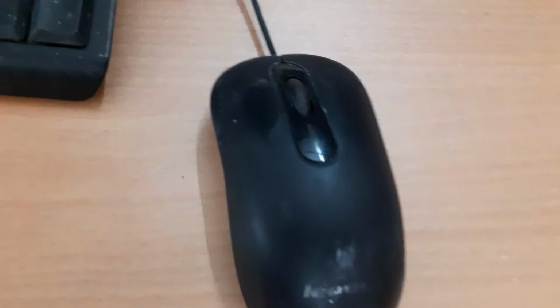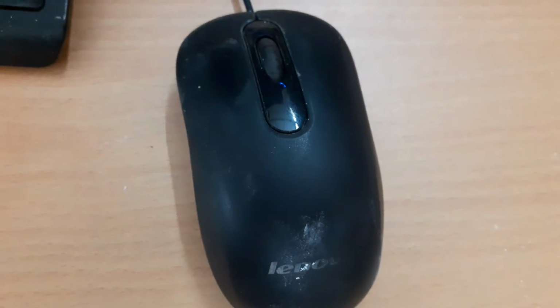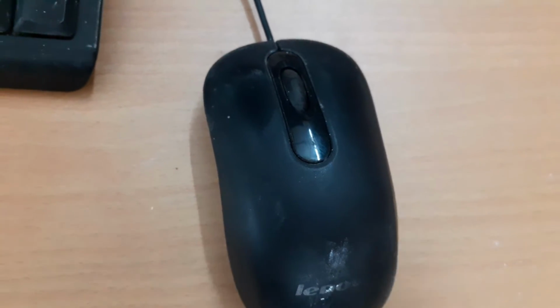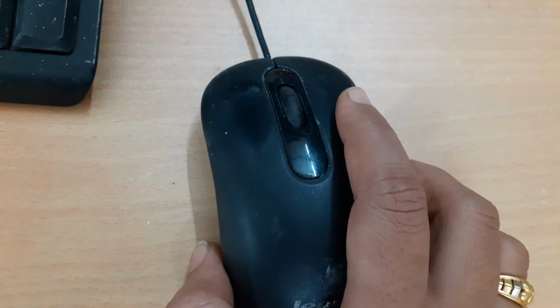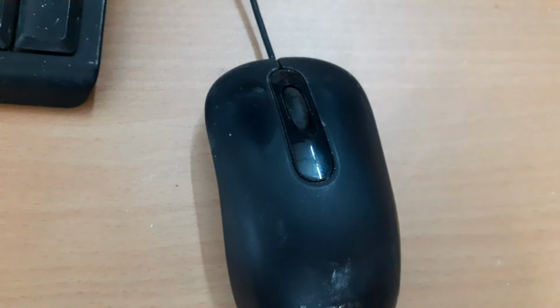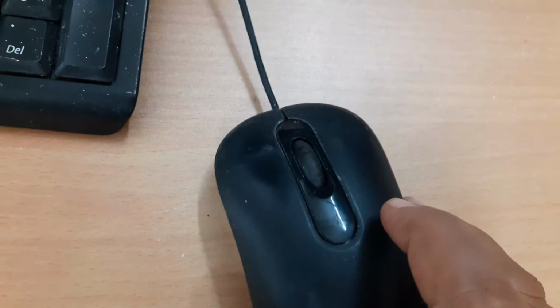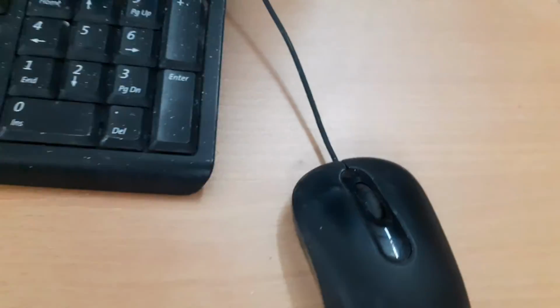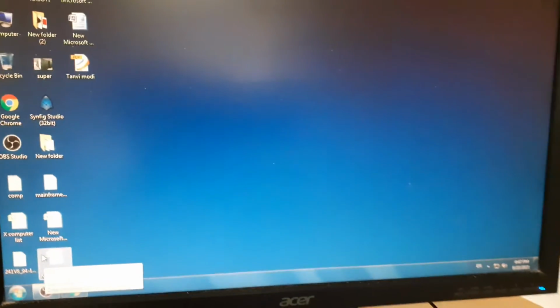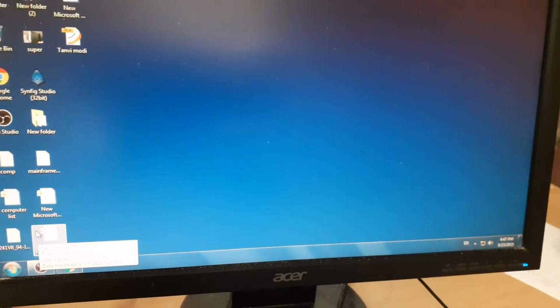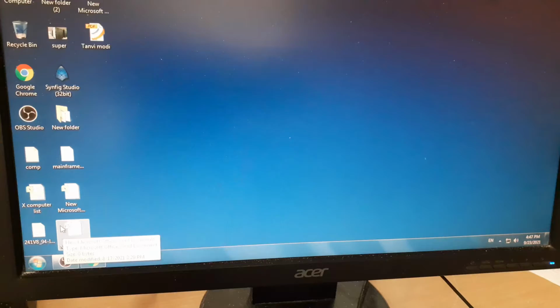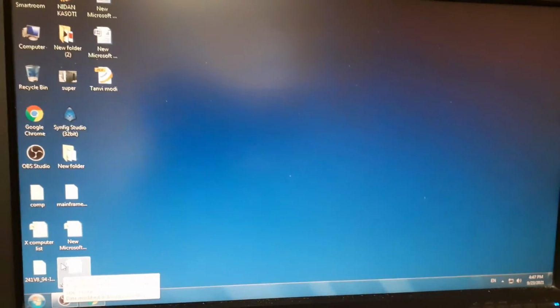Okay children, this is the mouse. This is the right button, this is the left button, and this is the cable you can see, right? So this is the mouse, and the mouse is a small device with 2 or 3 buttons on it, right?